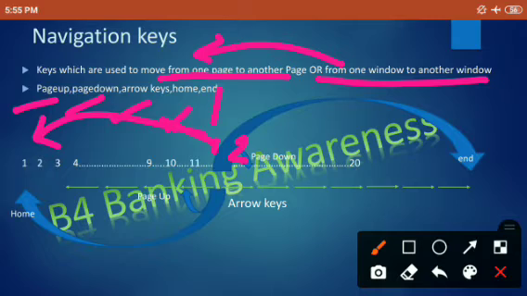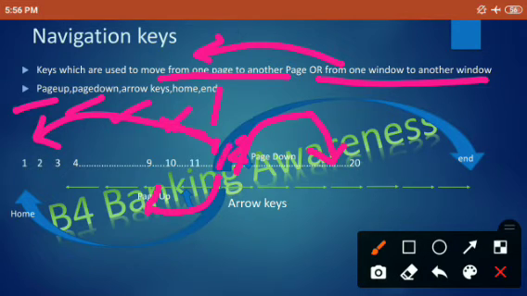If you want to go to previous page numbers or in backward direction, then just clicking on the page up button you can go in backward direction. If you want to go to the next page, just by clicking page down you can go to the page number which you want.